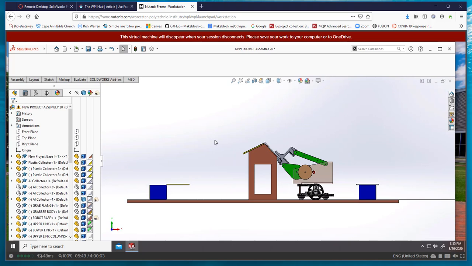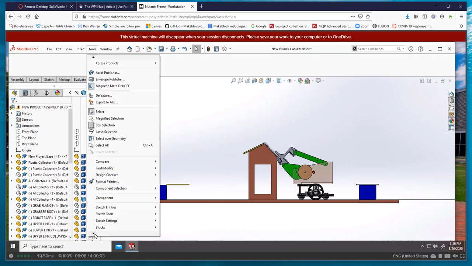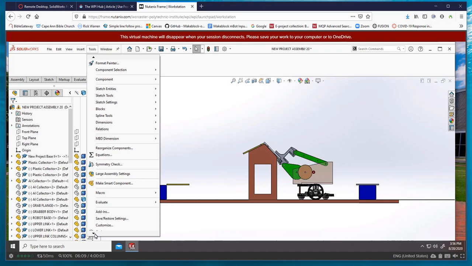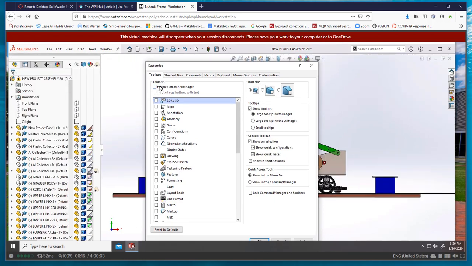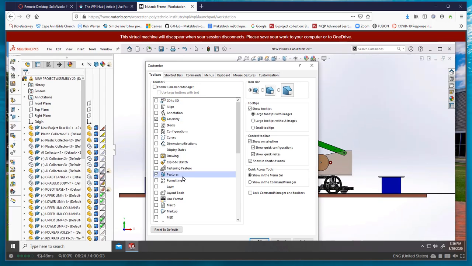The one thing that you do have to do though is, like, I don't particularly like the way the environment is set up here, so I usually fly that out, hit the little pin there, and then go to tools, and let's see, yeah, go to customize. If I'm going to use the assembly, I usually don't like that command manager on. So this is just your own personal preference. But the problem is, if I want to put on just the toolbars that I'm interested in using right now,